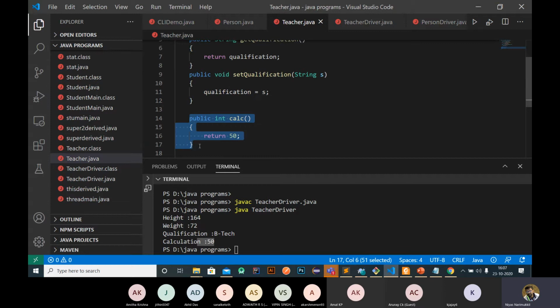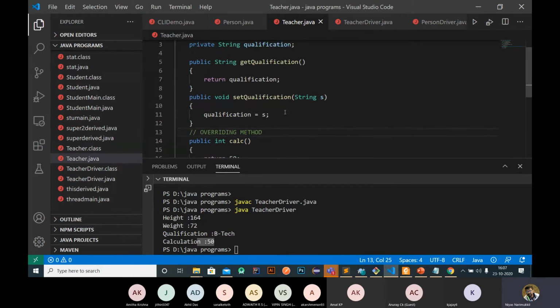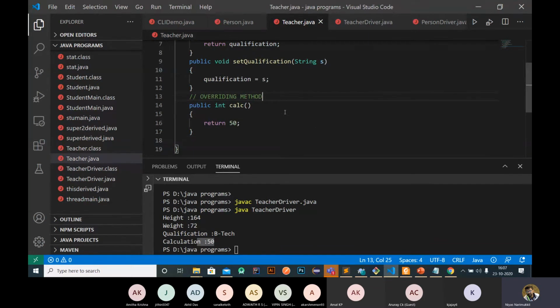This concept is called overriding. This is our overriding method. Methods can be overridden in case of inheritance.